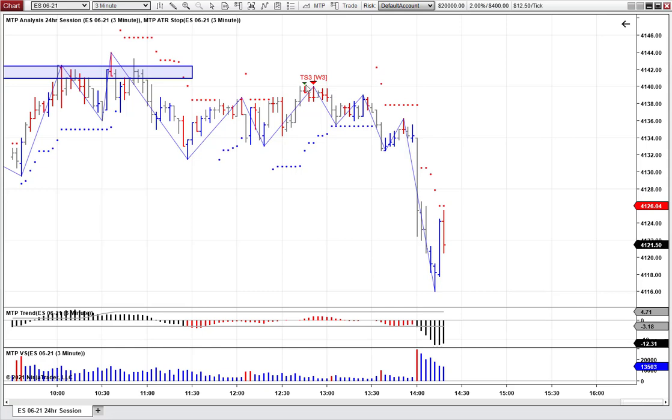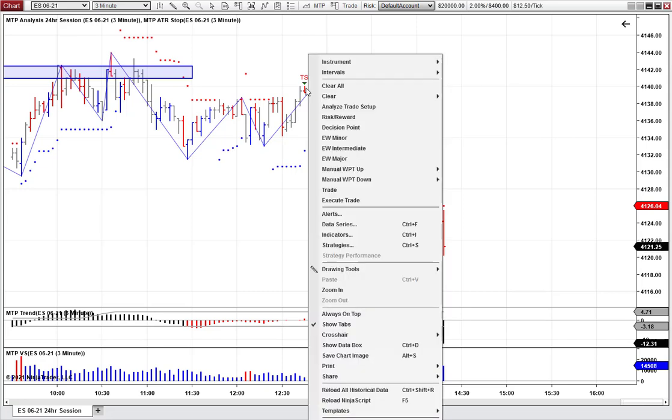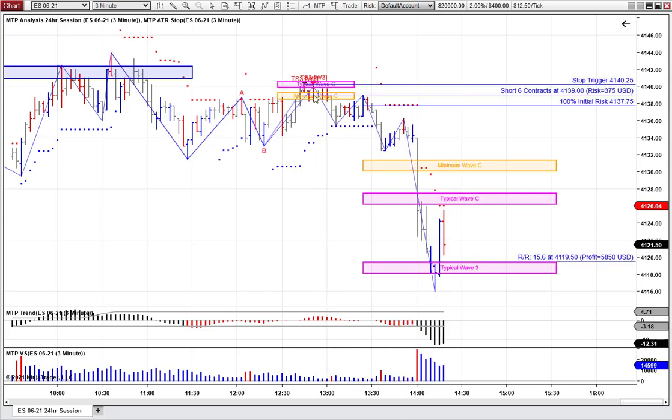A history triangle shows that this would have been a setup at the time. Now the only reason this printed a history triangle is because we actually made a double top. So this is one of those rare circumstances where you can have a history triangle that actually was a profitable trade. Because if I right mouse click over this red cell bar here to analyze trade setup,